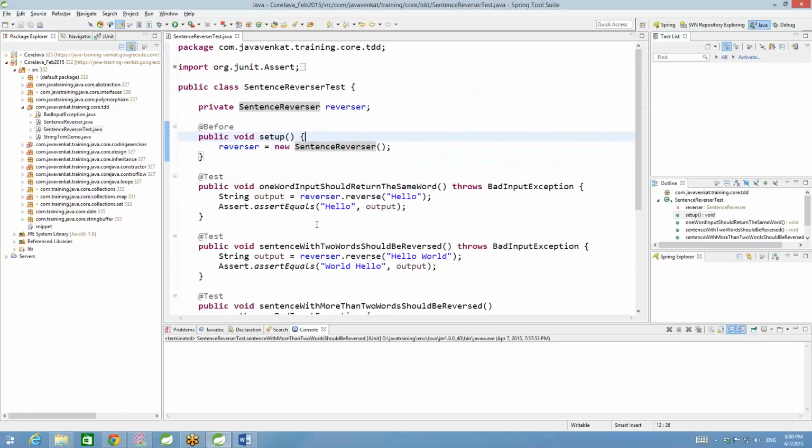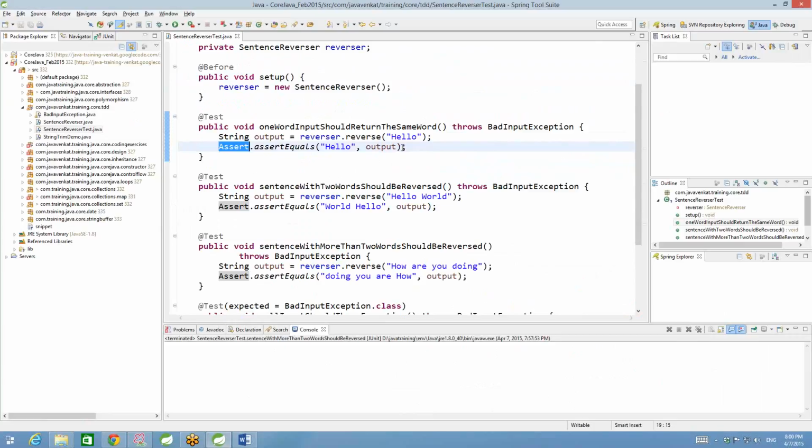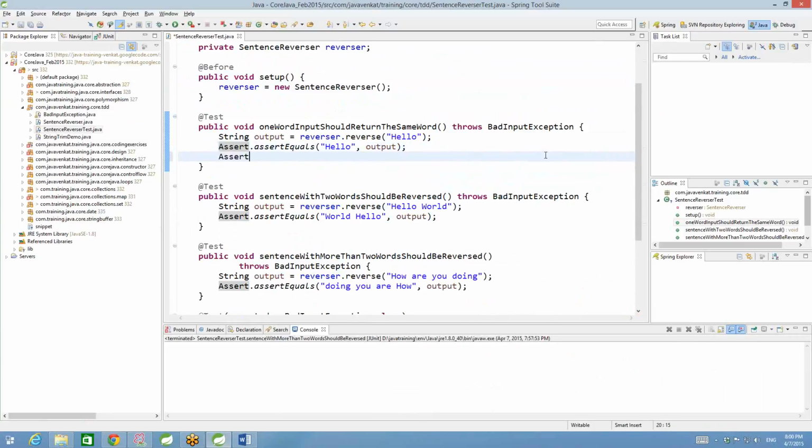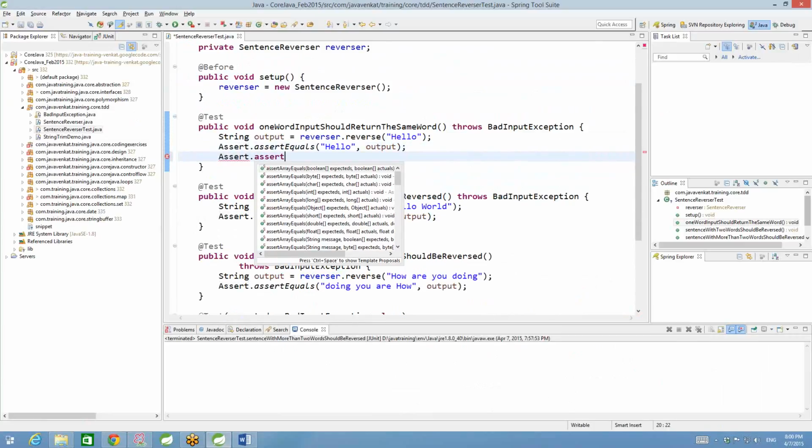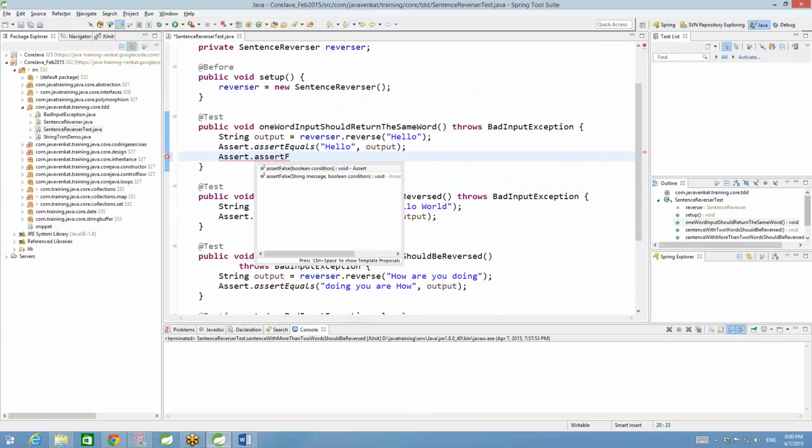Okay. And Venkat, we are using only one method, right? Assert equals. There are a lot of methods. Oh, good point. Actually, I'm glad you asked this. Assert has assert true, assert false. You call a method that returns a Boolean, okay? And if you want to make sure it really returns false, then you can do assert false. Then there is a method called assert true. When a method returns a Boolean and you want to make sure whether that's true or false, then you can